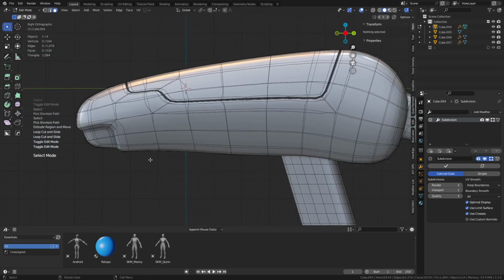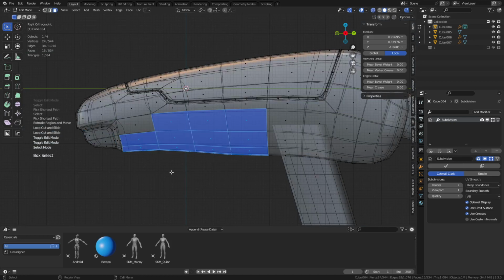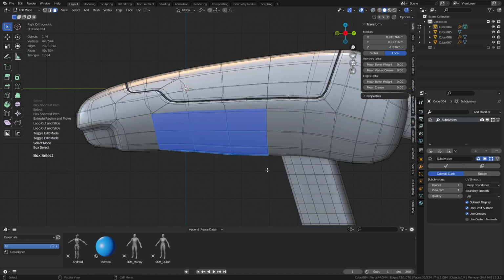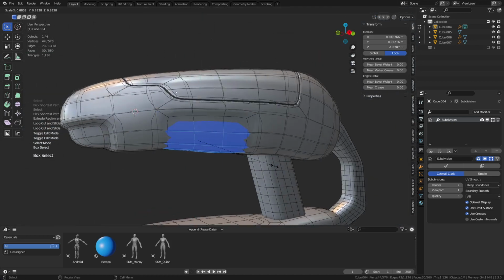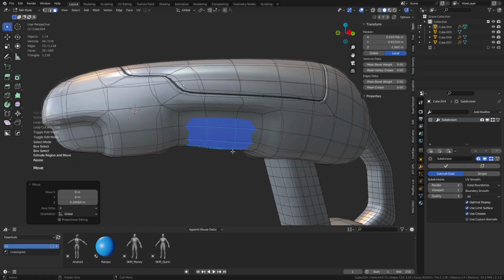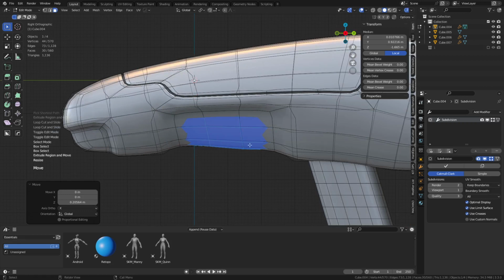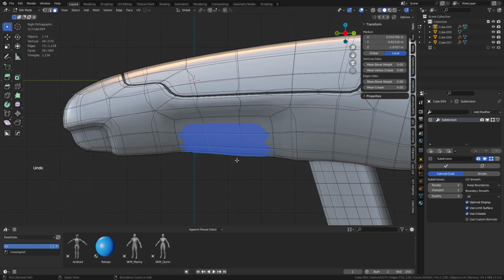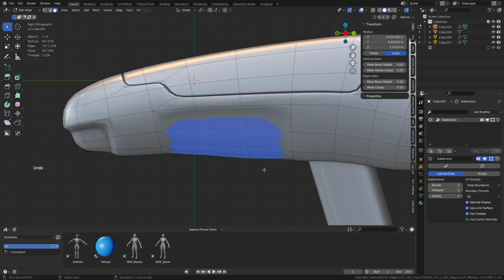You can consider this as creating your low poly game model at this point, right? So this is pretty much what you're doing. You're trying to define all your major features and changes and all that fun stuff. You may not have enough resolution to hold things real sharp yet, and that's okay. You might have to take it up another level. That's just something that can occur. In this situation,